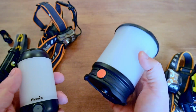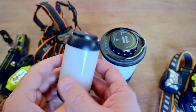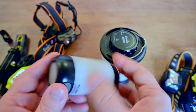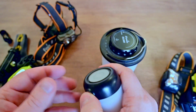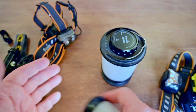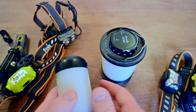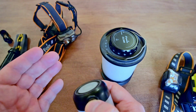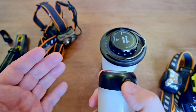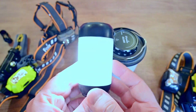Now, I love this little guy, but these are so handy. They'll fit in your pocket. They're very lightweight. And it's also got a flashlight capability on it, if I can turn that on. It's not a real bright flashlight, but you can definitely see where the light is. Now, it's also got another feature, if I can find it. Let me show you here. Okay, I don't know if you can tell or not,